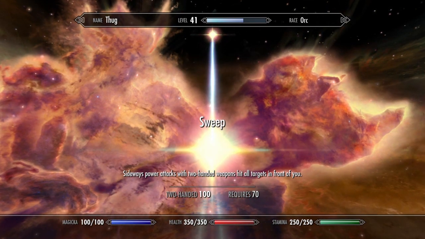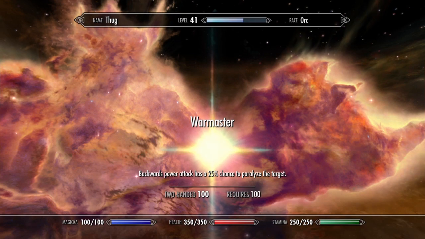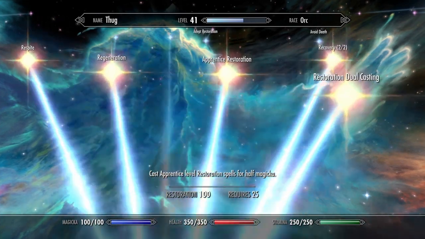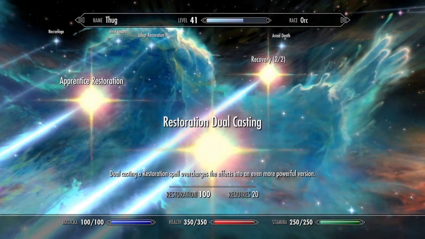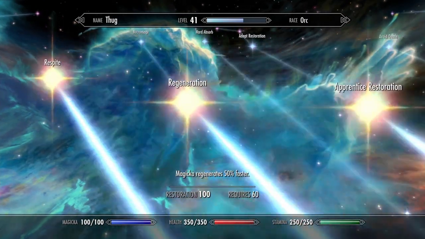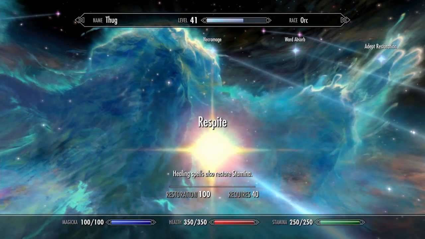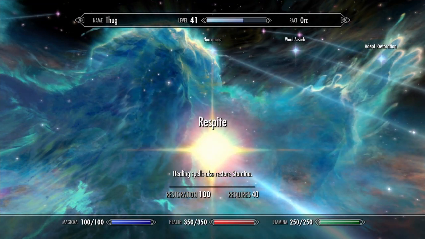Sweep, sideways power attacks hit all targets in front of you. And War Master, backwards power attack has a 25% chance to paralyze the target. And then for restoration, I got Novice and Apprentice, so I can do fast healing, dual casting, recovery 2, so my magic regenerates 50% faster. Regeneration, so my healing spells cure 50% more, and respite, so it also does stamina, so I can do more